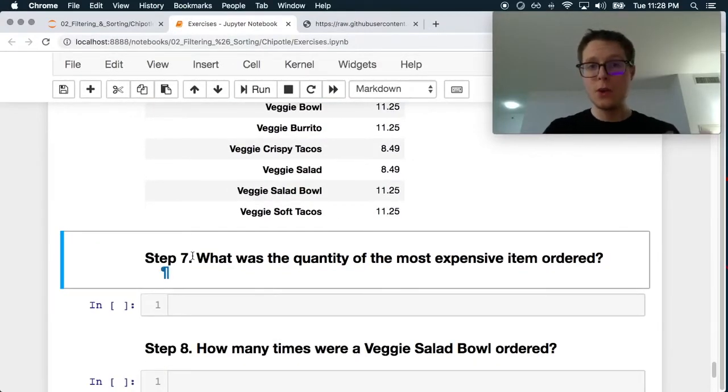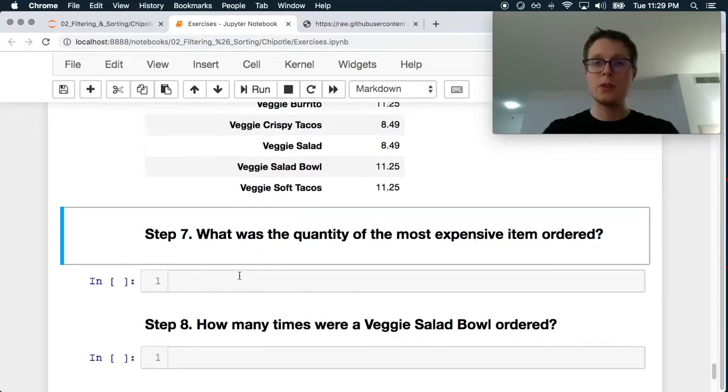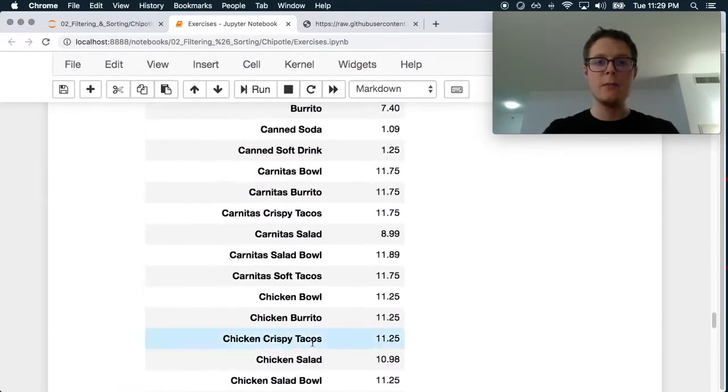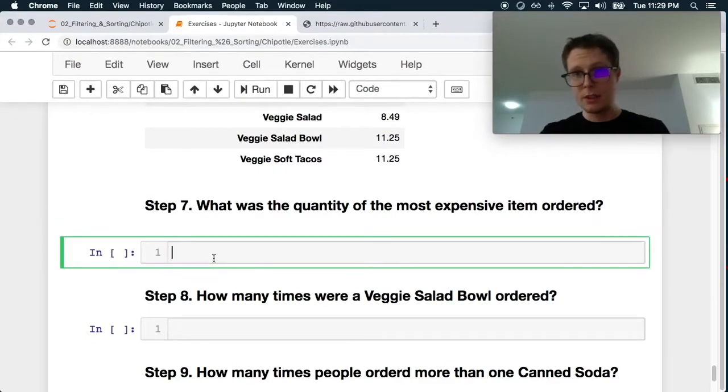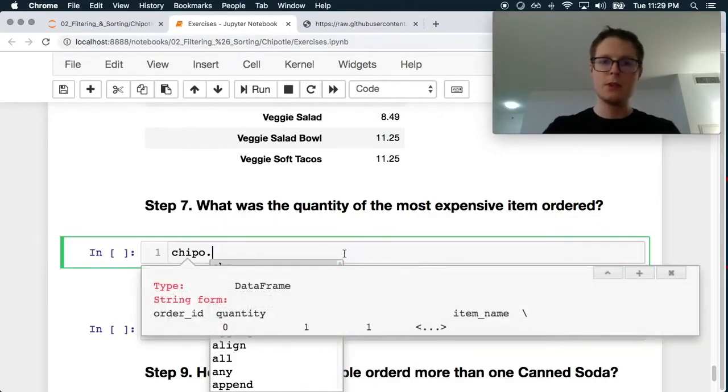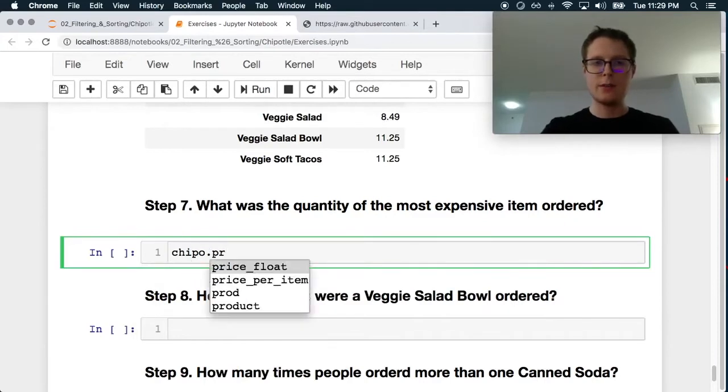What was the quantity of the most expensive item ordered? Great. So what was the quantity of the most expensive item? So we can find the most expensive item. And so this is the quantity of the most expensive item. I think what this means is the quantity of the order that was most expensive. In this case, we're looking at the most expensive items. So we've got to get the price float